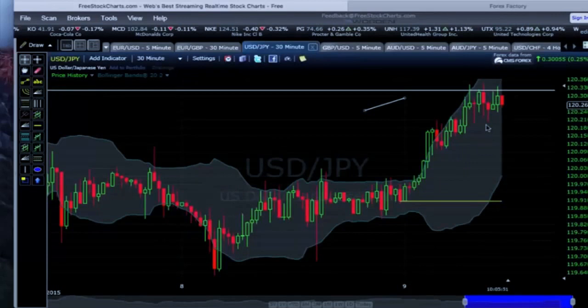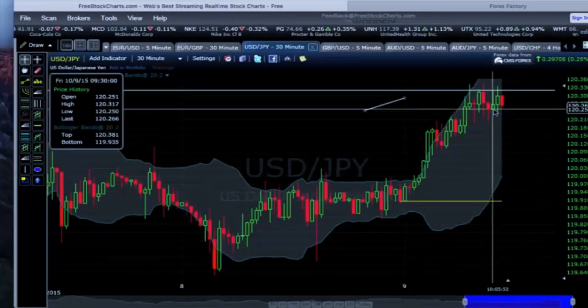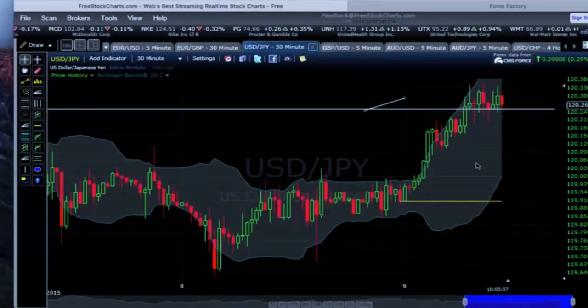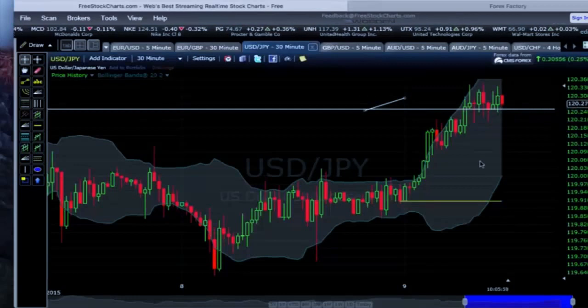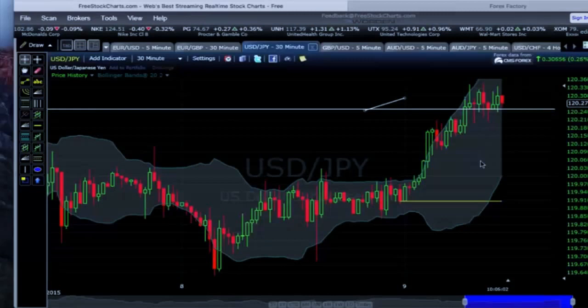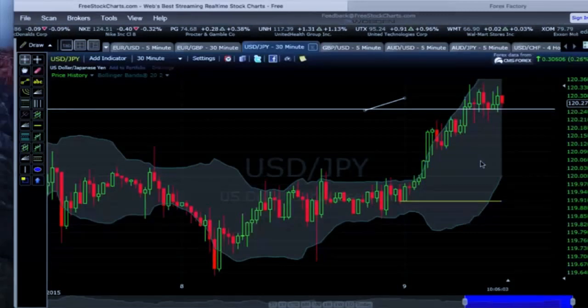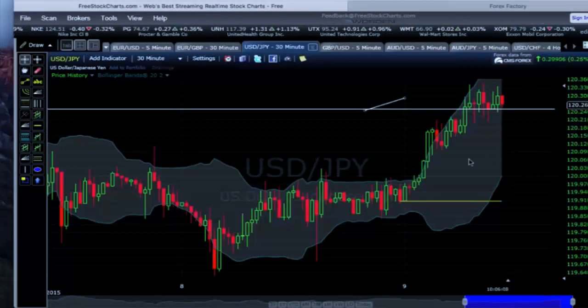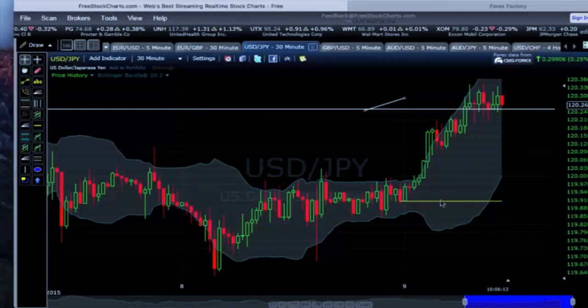There we go. Now draw support. Yeah, right? Does that look better? So if we follow that trend, even though mind you there are some long wicks there, look at it, the price has retraced. So those wicks were just